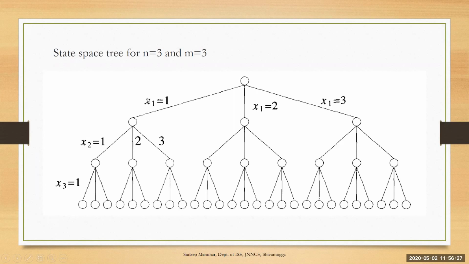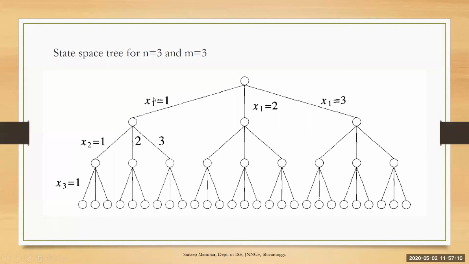So x is the color array. x1 represents the color of vertex number 1. That means vertex number 1 is given color 1, vertex number 2 is given color number 1 here, vertex number 3 is also given color number 1. So like this. Now if the maximum number of colors is 3, then the degree of this state space tree will be 3. Every node will have a maximum of 3 children and not more than 3. What it means is that this particular vertex can be colored with a maximum of 3 colors. Either color number 1 or color number 2 or color number 3.